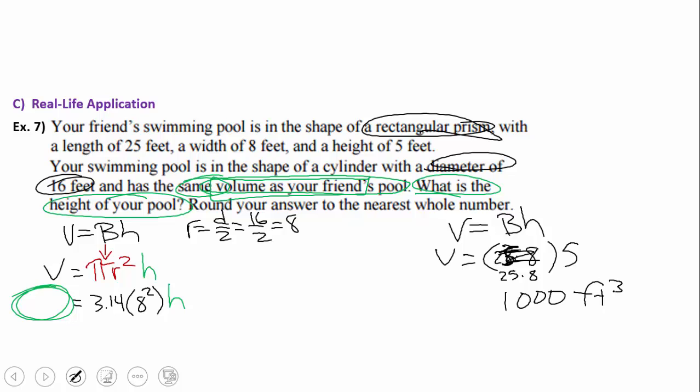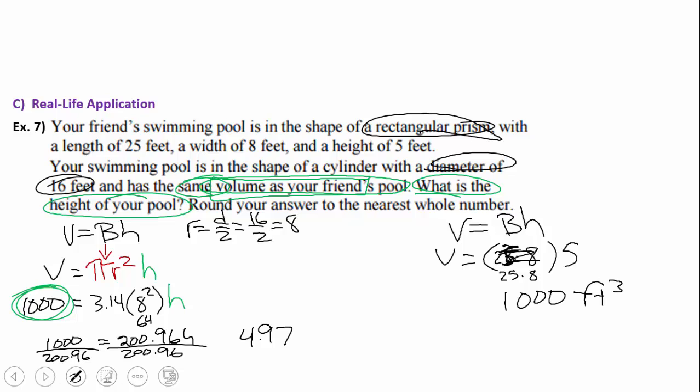So now we come over here and we plug in 1,000. So now we have everything we need. We simplify. 8 squared is 64. 64 times 3.14 is 200.96 times the height is equal to 1,000. So we're going to divide by 200.96 and we get